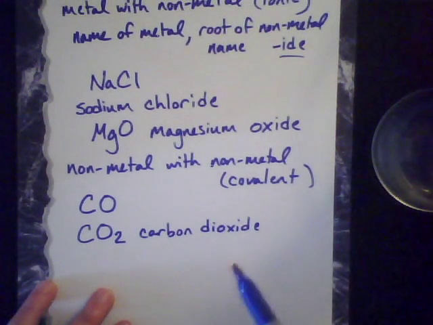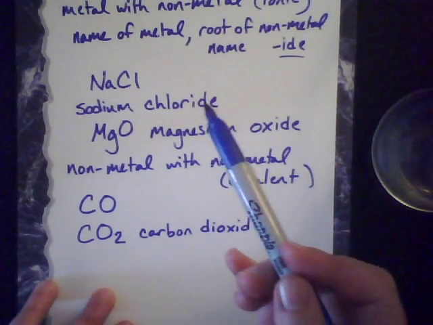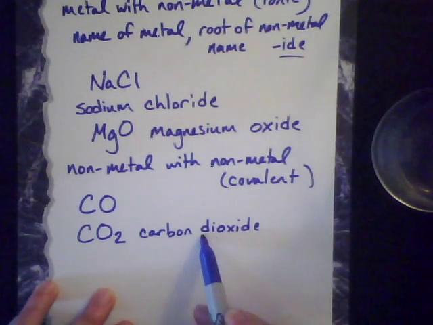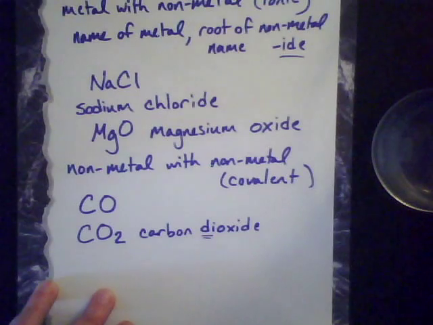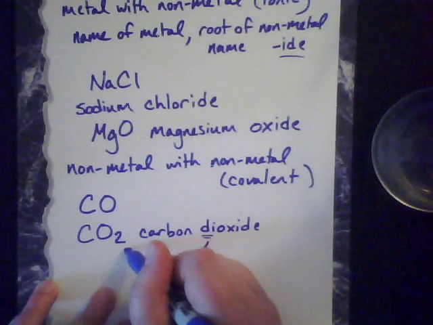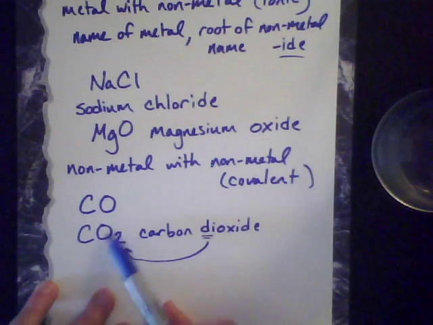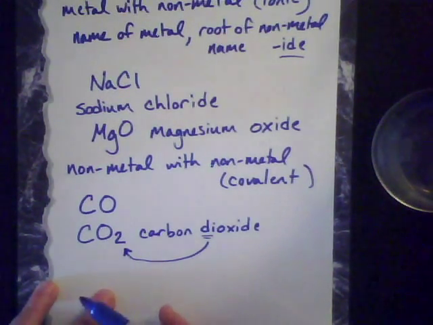So note the difference between this name and the names that we talked about up here with the metals and the nonmetals. The difference is this prefix, right? The prefix tells me how many of that element there are. Di referring to the 2. So what do you think then is going to be the name of CO? If not di for 2,